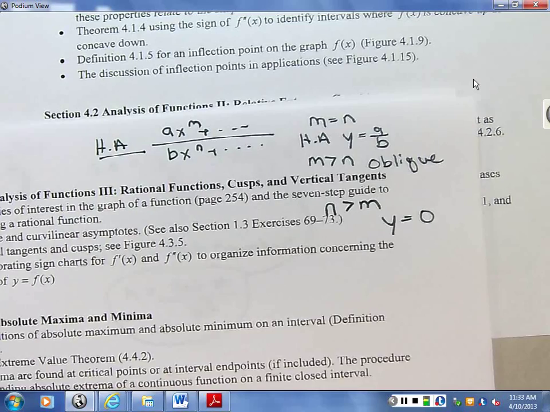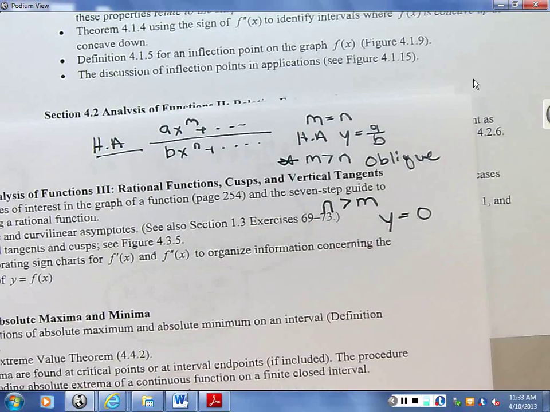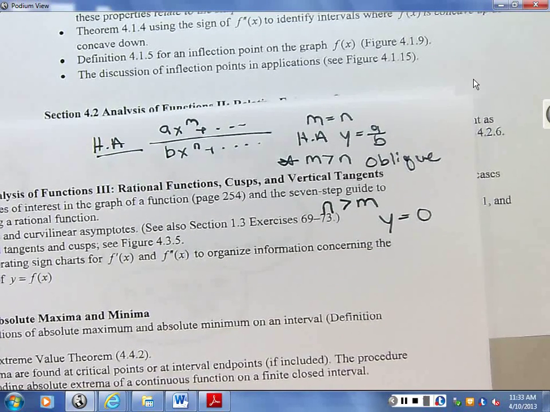And that's the case. This is when oblique asymptotes happen, when the power of the numerator is greater than the denominator. Question? So what about the limit of the function? Yeah, and this is related to the limit of the function. If you have a polynomial over polynomial, and you take the limit, you look at the highest power of x in the numerator and the highest power of x in the denominator. If they're the same, they cancel, and you get a over b. If the power of x in the numerator is greater than the denominator, then it goes off to infinity,